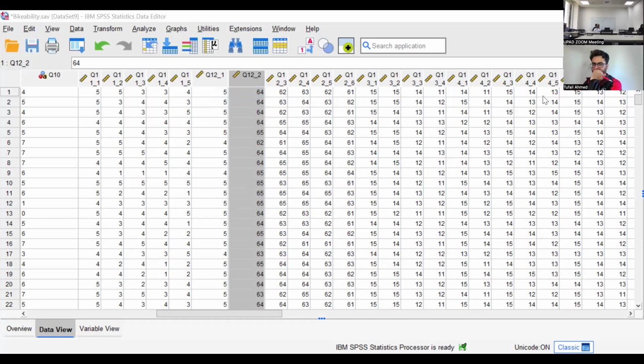And Tufail, I would request you one thing. After this, can we go to the analysis part? Yes, this is the last part. Okay. Yeah, we can go, no problem. So there are two more things like visual binning, and that's also used for recoding. They can follow. I will share the slide, so maybe they can follow these things on the slide. We need to move to the analysis part now.